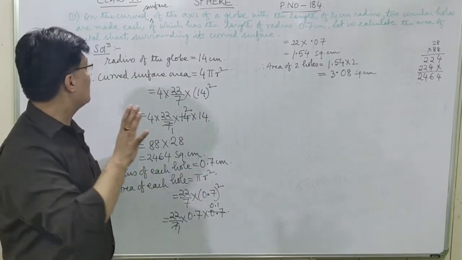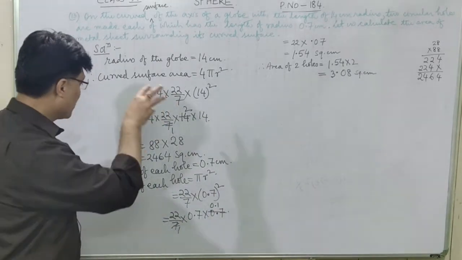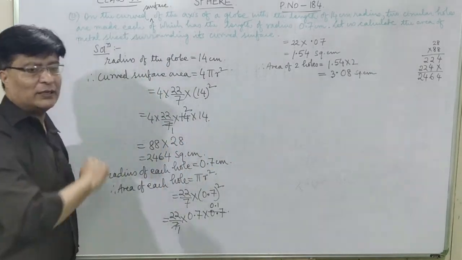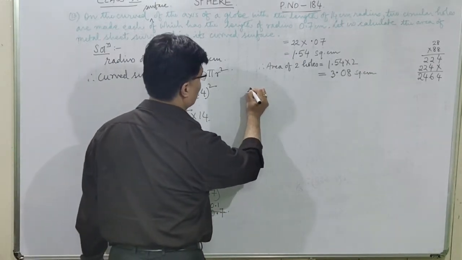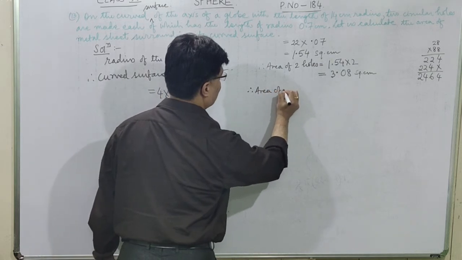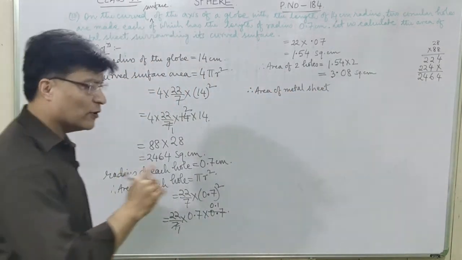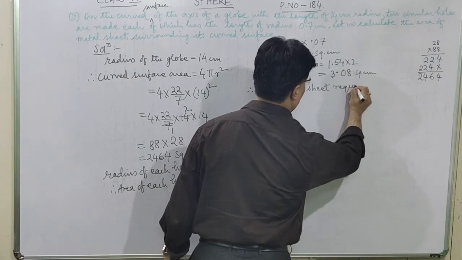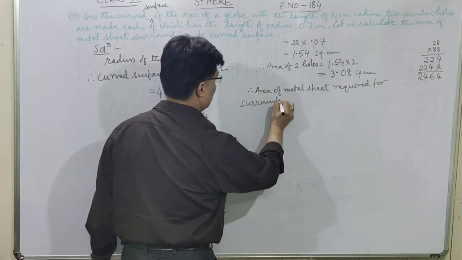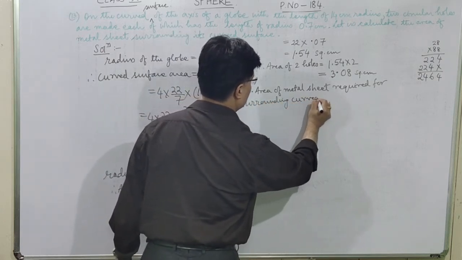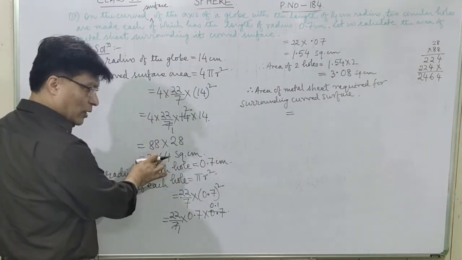So now you have to find out the area of the metal sheet. You have to find out the area of the metal sheet surrounding its curved surface. That means this total area minus this area will give you the area of the metal sheet required for surrounding its curved surface. Okay? So therefore, now let us write down area of metal sheet required for surrounding curved surface is equal to, this whole area is